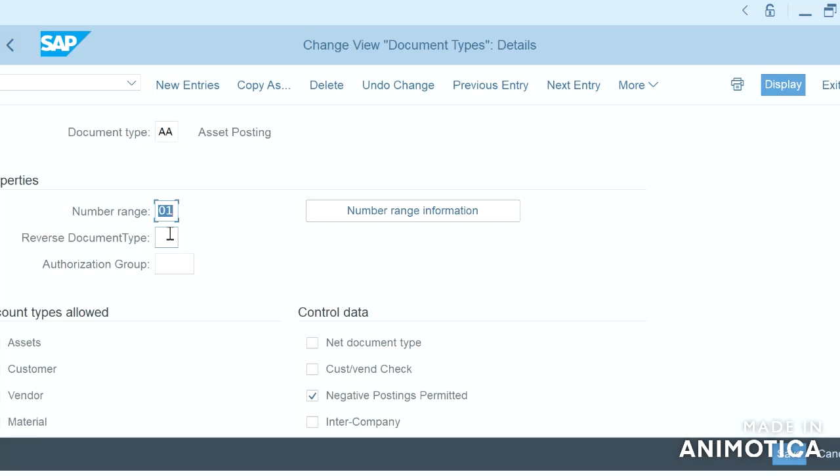If you maintain any reverse document type, when we reverse this document, the reversed document will be posted to the document type mentioned in this field. Account types allowed: when you post an entry through this document type, all these kinds of account types are allowed through posting. It is assets, customers, vendor, material, and even negative postings are permitted.